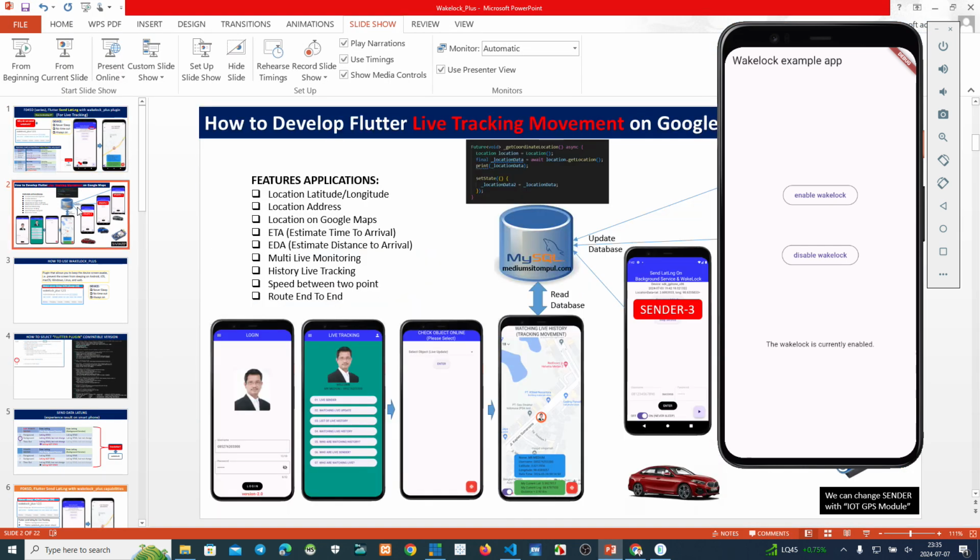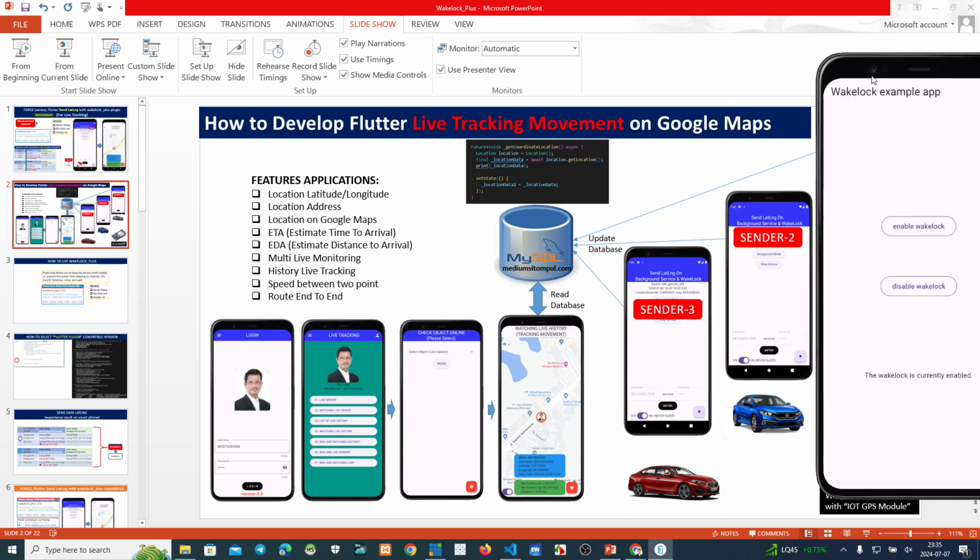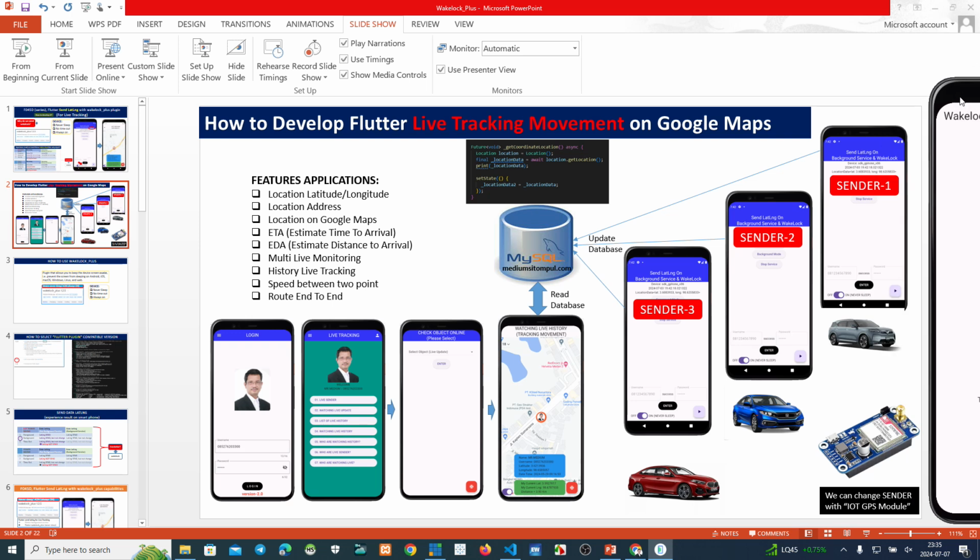Sehingga kalau data lat long sudah masuk ke dalam database ini, semua pergerakan vehicle ataupun mobil kita taruh, barangkali kereta api atau boat dan lain sebagainya bisa kita lacak di mana posisi benda yang bergerak ini sekarang.